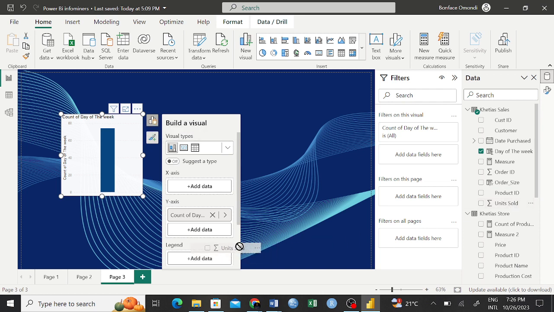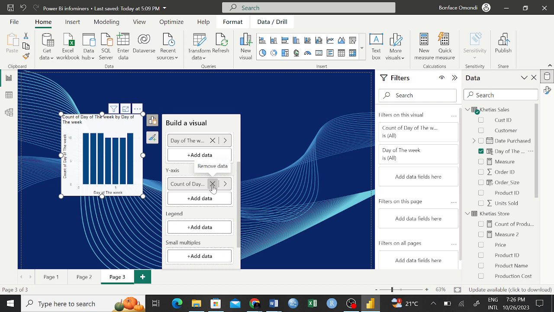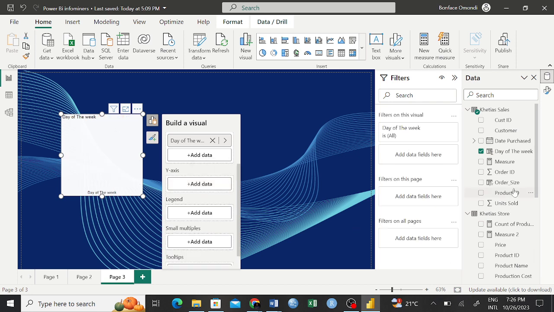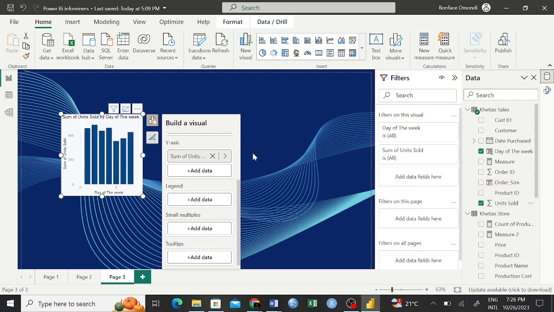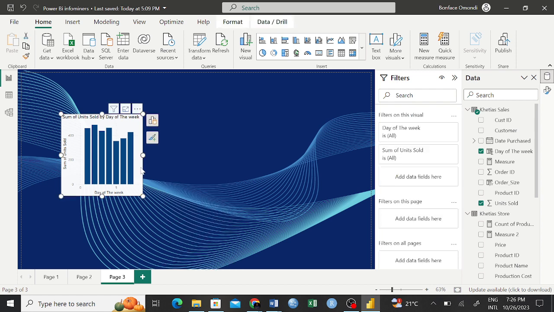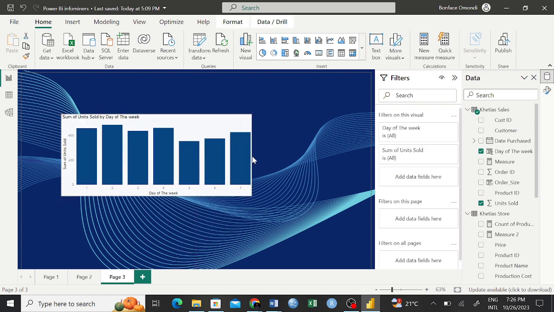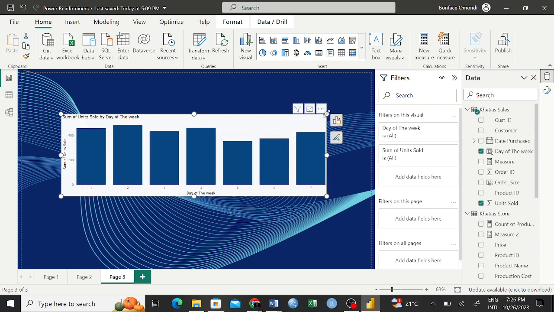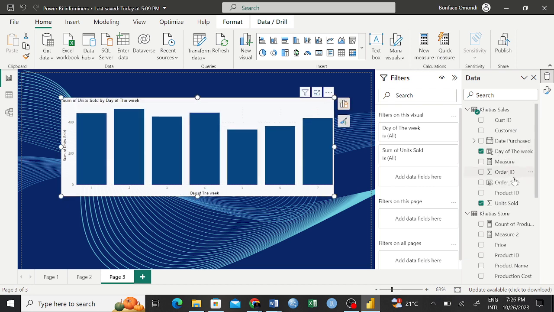So days of the week should be in the x-axis, and then this one is on the y-axis, and then we have now the units sold. You can bring it on the y-axis section. Yeah, so this is what we are looking for. So on the x-axis, of course, we have the days sold. We can just expand it and see. So this is the information that we have, and of course, we can now try to drill through,